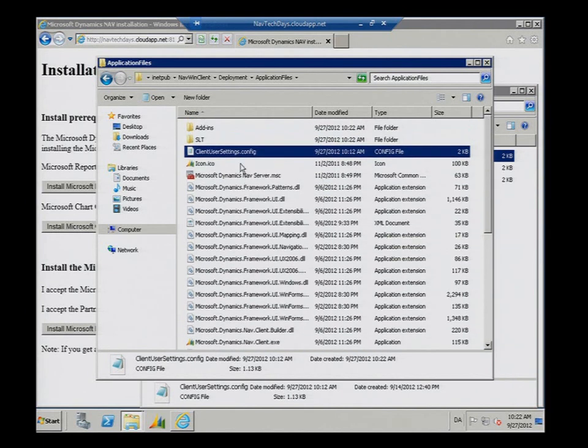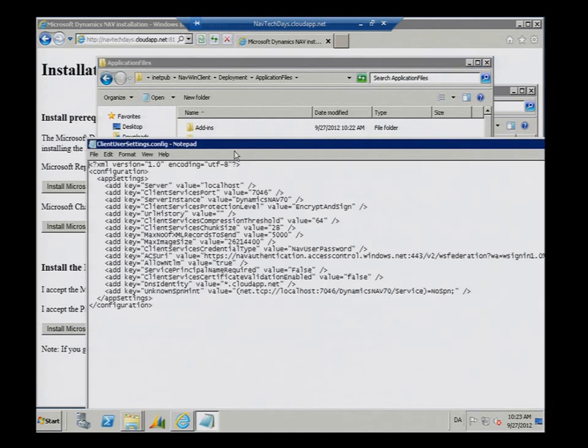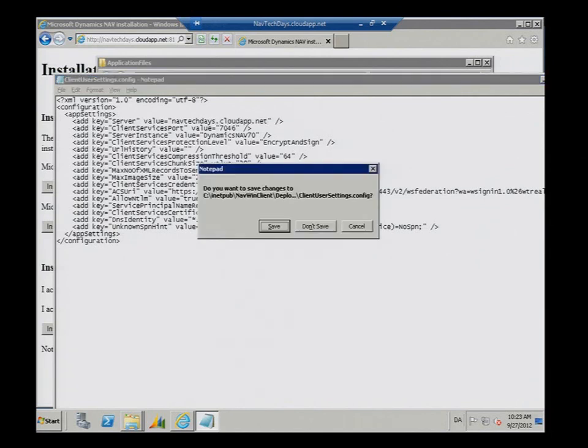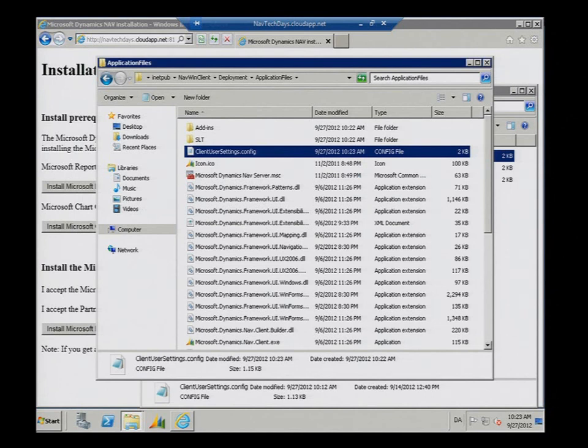Up there. So remember, all these files will be copied to the end user machines, and then the client will start there. The client user settings, it works fine here because the server has been specified as localhost, but of course it won't work like that when copied to end user machines. So we need to point it to our VM, and that was called navtechdays. Like that. So all these files, that's all I need to have copied to the end user machine in order to execute the Windows client.